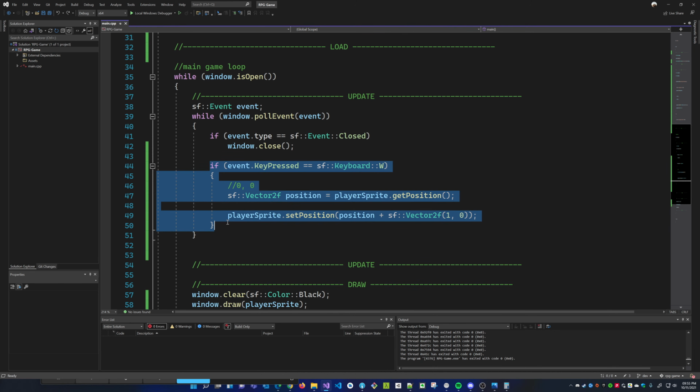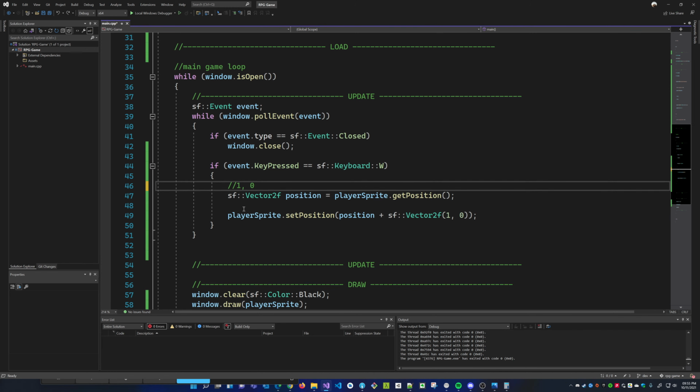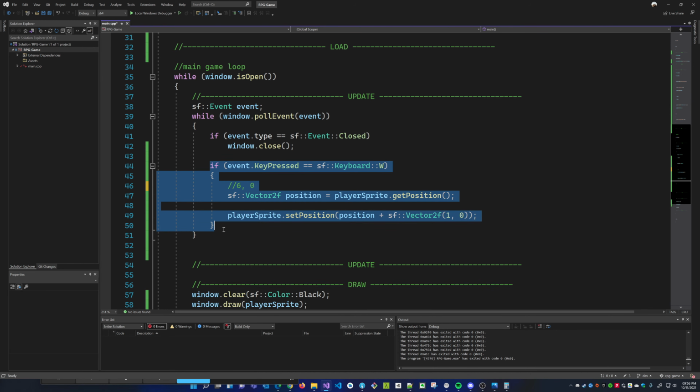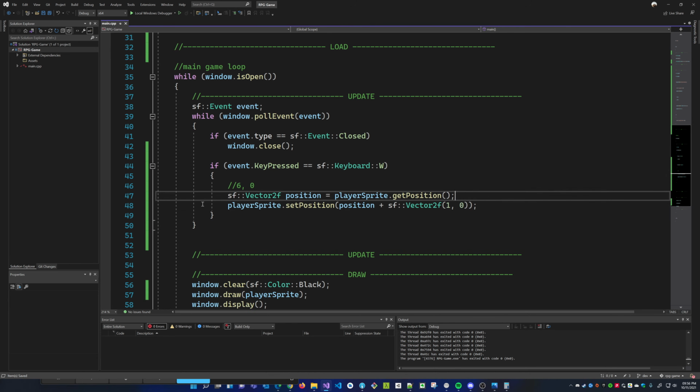If I keep pressing my keyboard and holding, this loop will happen again. So now my position moved from 0, 0 to 1, 0 because I moved 1 unit to the right. So now when I do getPosition, this will have the value 1, 0. 1, 0, I add to it 1, 0. Now it's 2, 0. 2, 0, I add to it 1, 0, 3, 0, 4, 0, 5, 0, 6, 0. And as long as I'm holding the key, this is gonna keep incrementing. And that's the entire idea of moving my player.